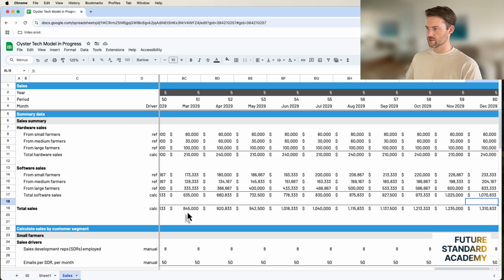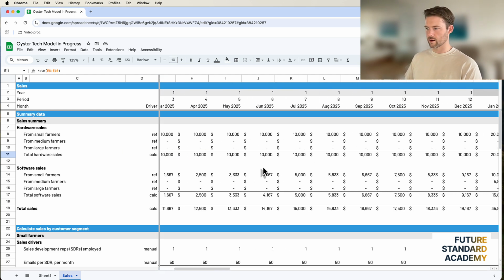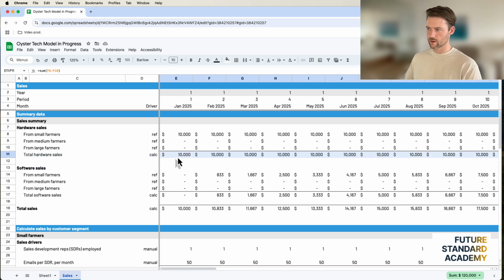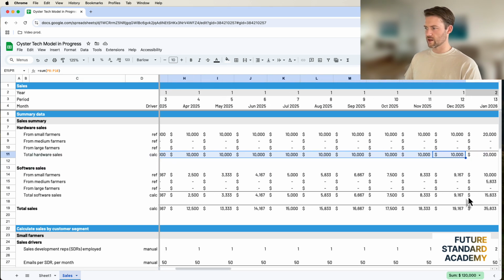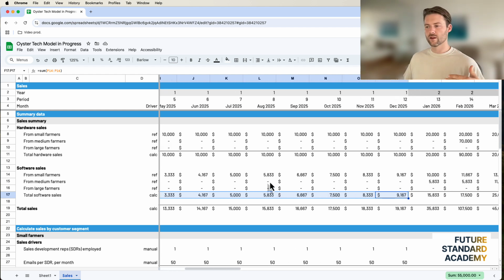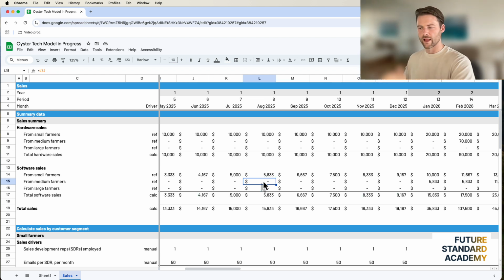total sales projections. You can see that hardware at the end of this, at a more mature state, is again about 1/5 of what software is going to contribute to the company. But at the beginning, hardware is much more important in the first year. In fact, it accounts for $120,000 worth of sales compared to only $55,000 in software. So there's an inflection point where the software starts to take off with that exponential growth pattern because there's more companies being added, whereas the hardware is going to stay flat and just enable that software growth. That's how you can think about that.